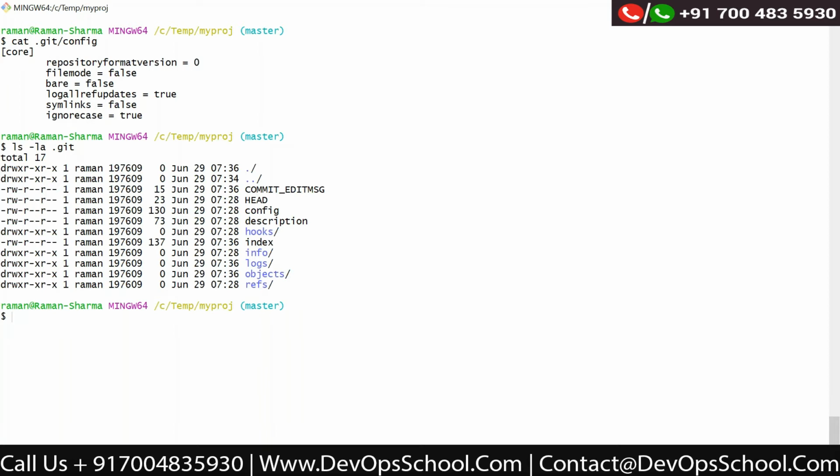You commit your first change into the Git repository. Then you add 2 more lines, total 5 lines. Now you are committing again. When I say commit, it means you are just pushing that code into your local repository.